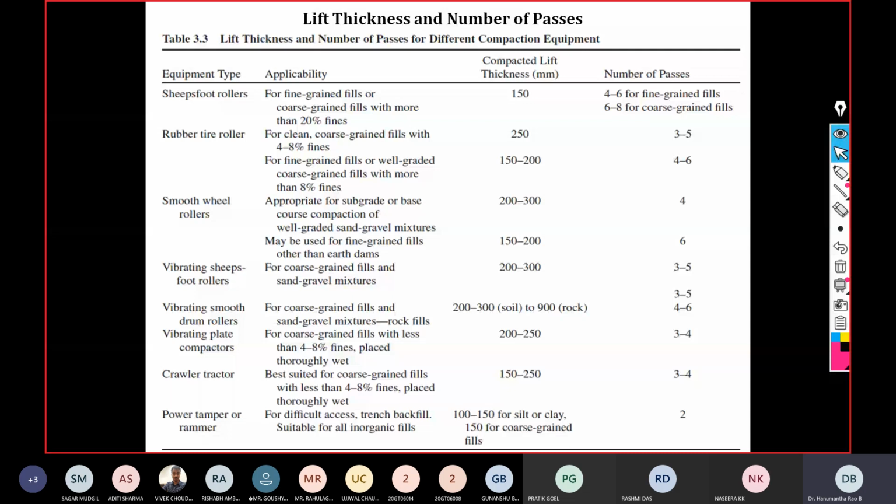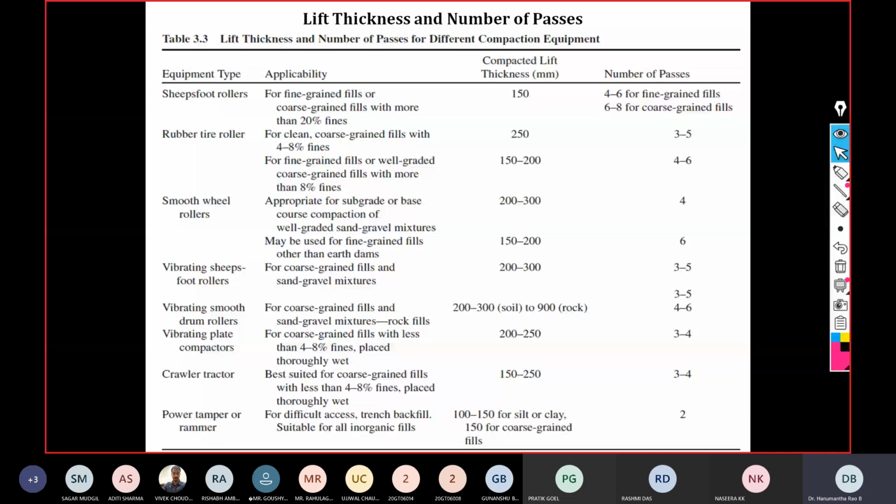However, depending upon the percentage fines and the soil composition is the number of passes, because when you increase the number of passes, there is no loss at all. So even if some pockets of the soils are not compacted, they can be compacted when you increase the number of passes. But if the number of passes are too much, then it is some kind of waste of energy. It won't serve any purpose in improving the density.